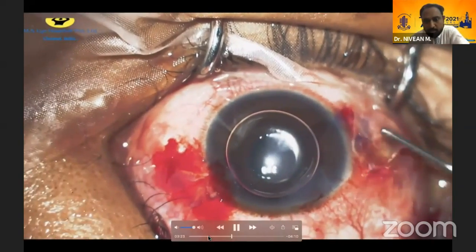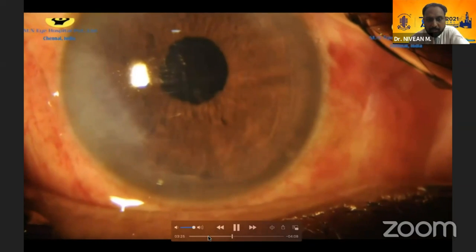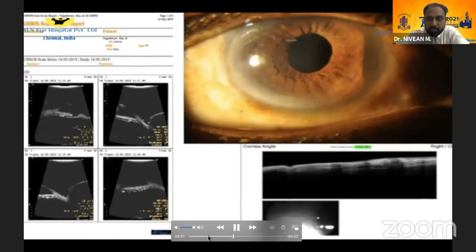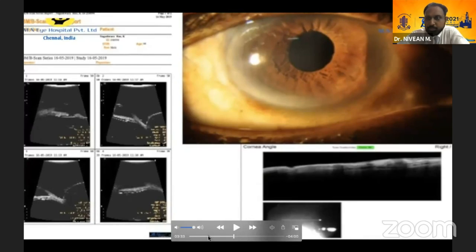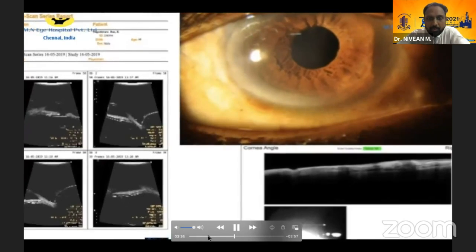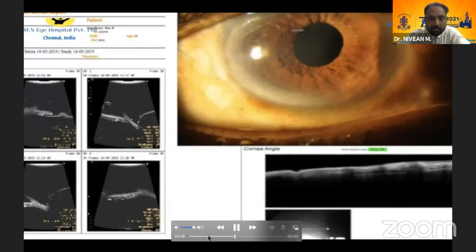So we have almost a year and a half follow-up of these patients. These are the immediate one-day post-op pictures showing a little edema. And this is the 1 month post-op picture. You can see round pupils. And we're also doing a study on UBM to see the position of the lens and how it sits compared to the other SFIOLs, and also OCTs through the sclera to see how the material behaves under the sclera in long-term follow-ups.